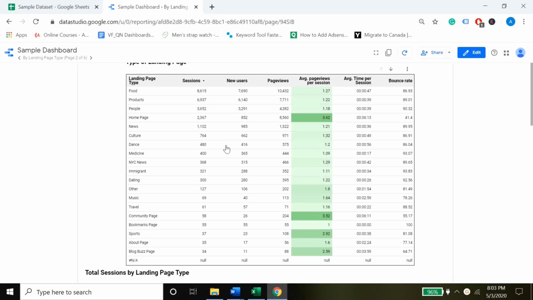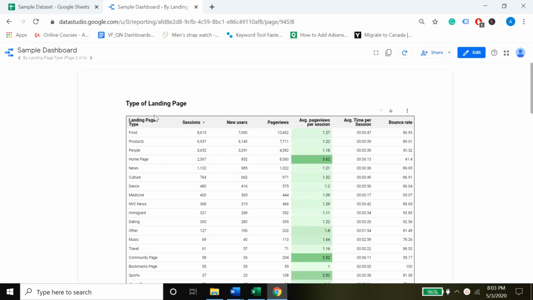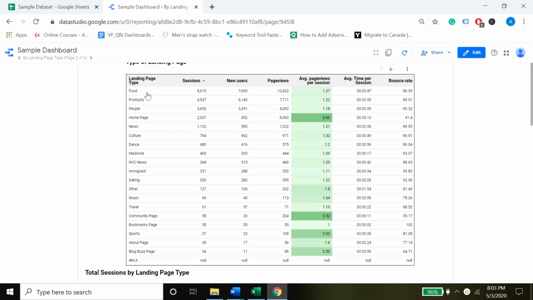Now what I went ahead and did was I basically made a sample dashboard of how things would look like. So in this case, you can see I visualized our first data. That was the data by landing page. So now we have all these different landing page types that we know are there in that data set. Before we go into analyzing the data, the first thing that we want to see is whether our data is making sense. So now when I look at this data, I can clearly see that food was the maximum